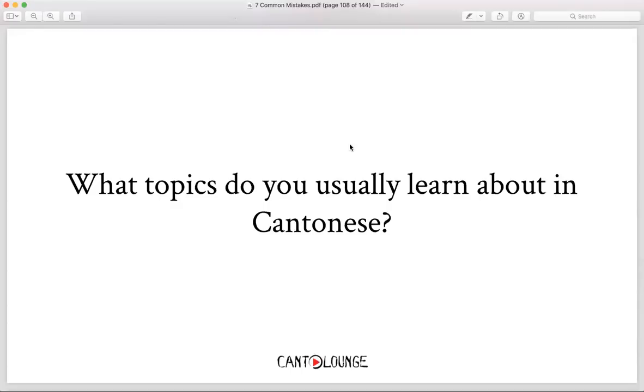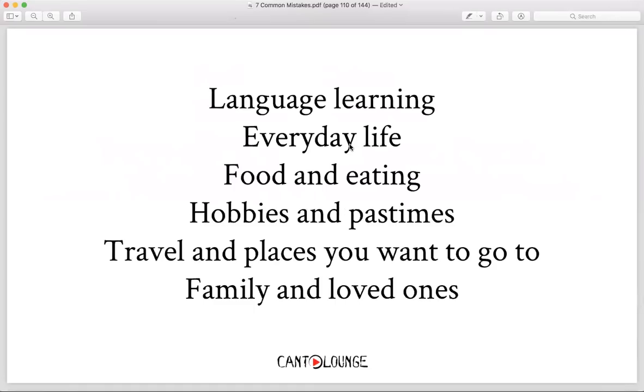The topics that you usually learn about in Cantonese, especially with beginners' materials, are just not that broad. Again, it's just the same old topics over and over again. And I believe that these are the types of things that people talk about for the most part. And don't get me wrong, because how do I know this? That's usually what I talked about with most of my students in the past with Cantonese and when I was doing other languages. And while this is good for a nice icebreaker kind of conversation,